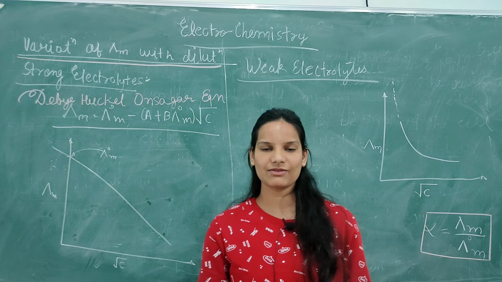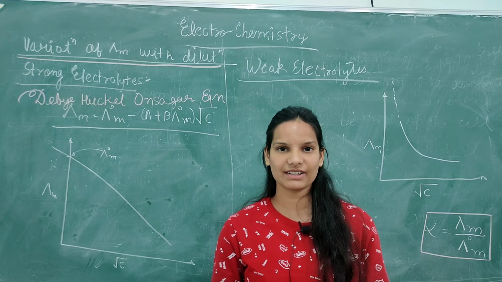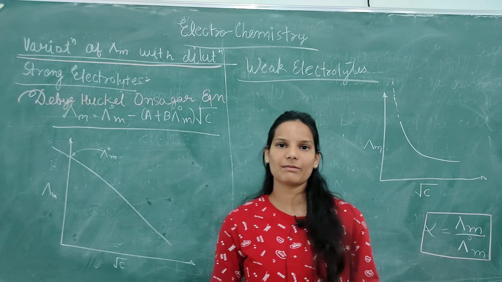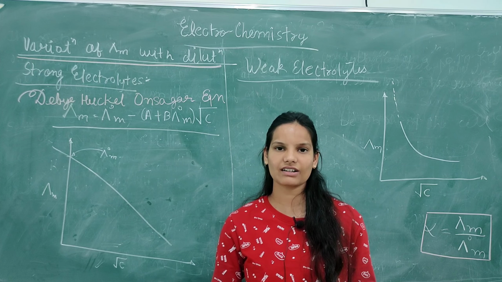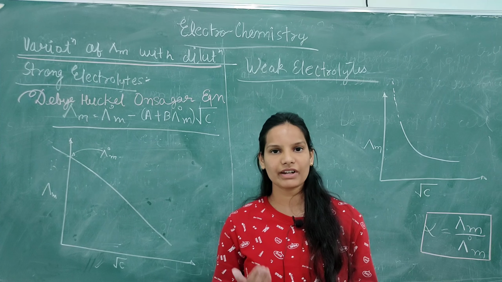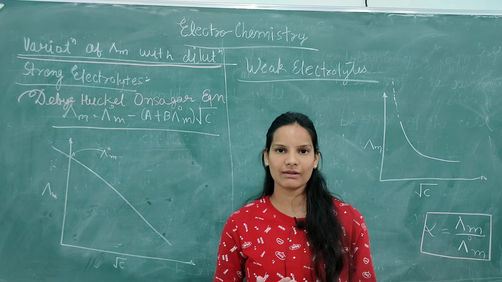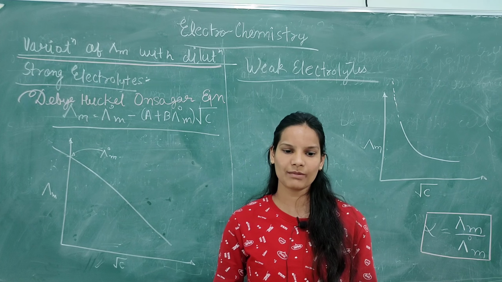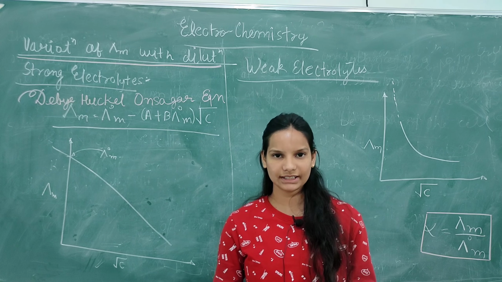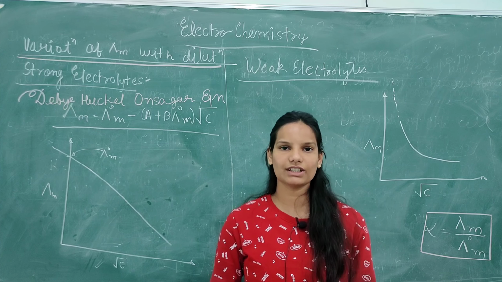Let's discuss first what we have discussed in our last lectures. We discussed what is an electrolyte, what is conductance, specific conductance, molar conductance, the effect of dilution on specific and molar conductance. We have seen about ionic mobility, transport number. Also, we have discussed some basic numericals. So let's continue with the next topic.